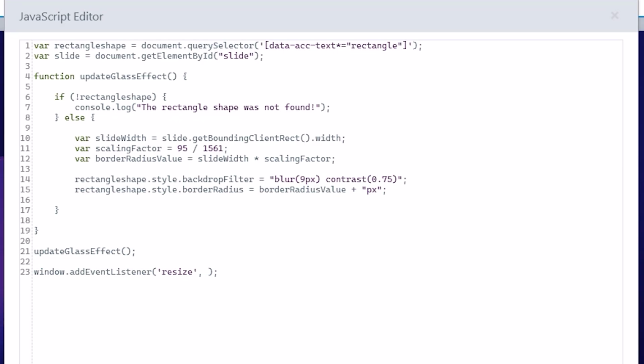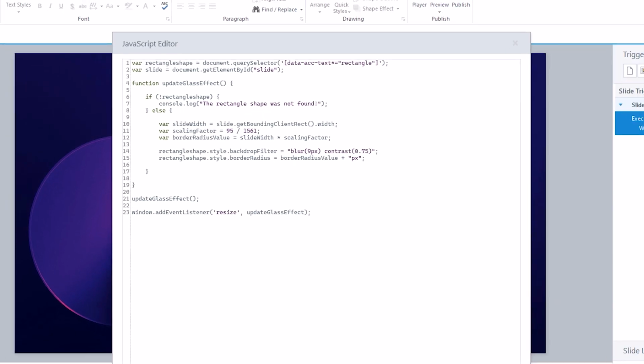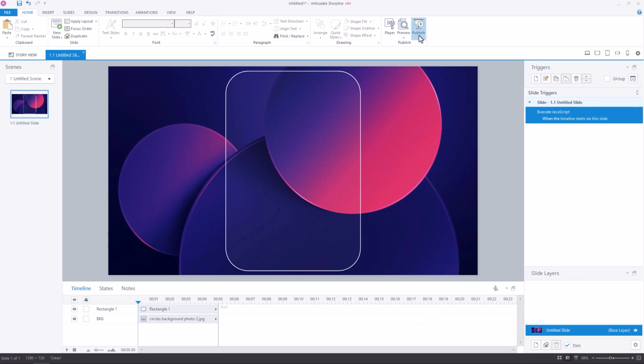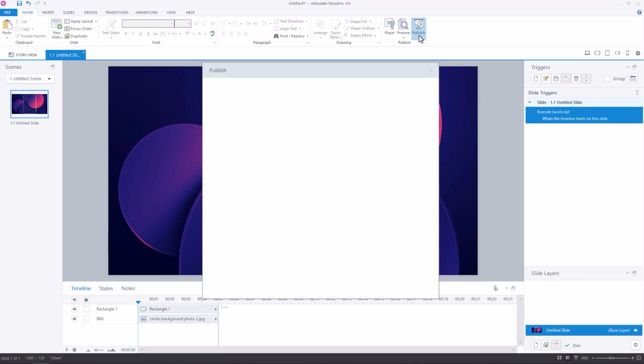Follow that with a comma, and then we can provide the function name that we want to trigger whenever this happens. So of course that would be our new updateGlassEffect function. We'll need to publish our project for real to see this in action this time, so let me show you the result of that in my own Google Chrome browser window.